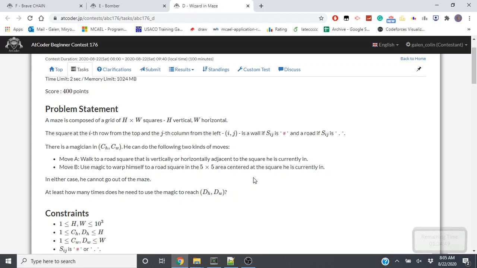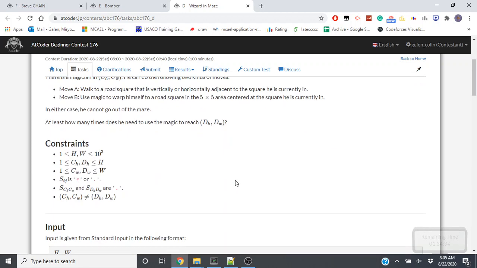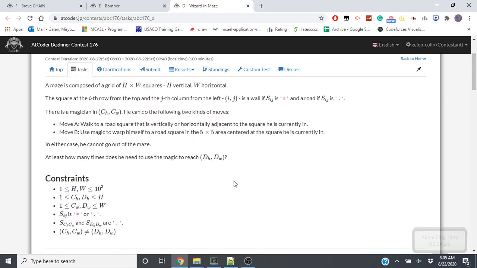Maze is composed of a grid. There's a magician. Okay. So this is 0-1 BFS, where